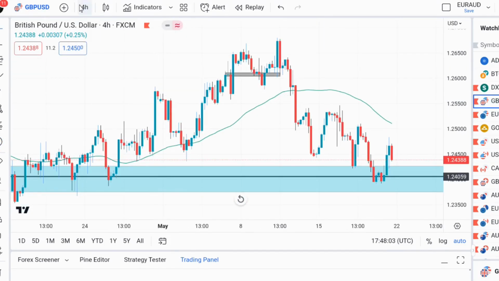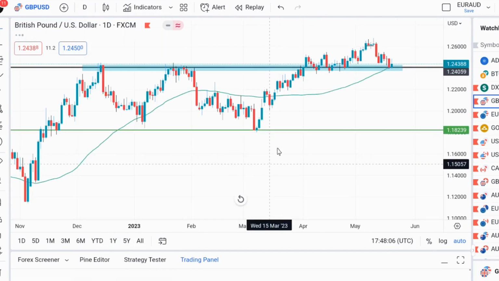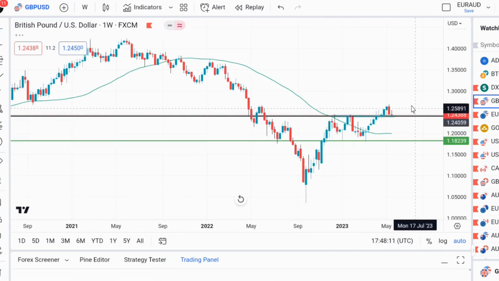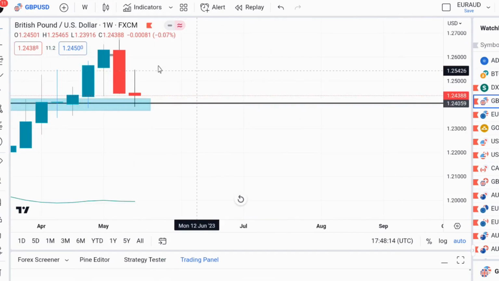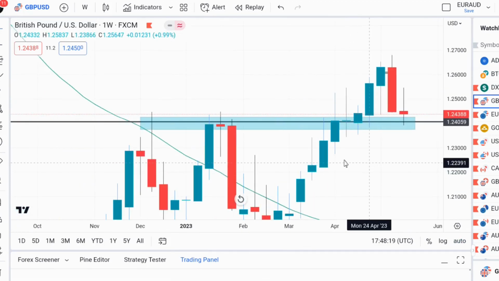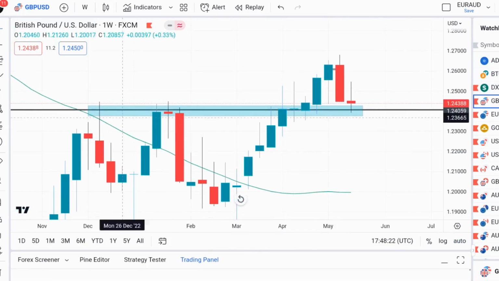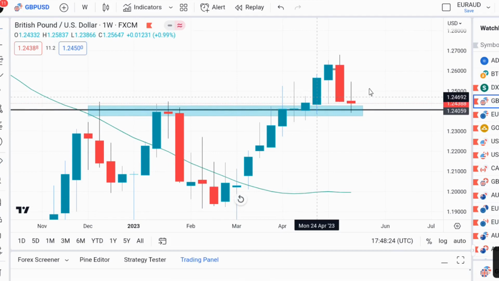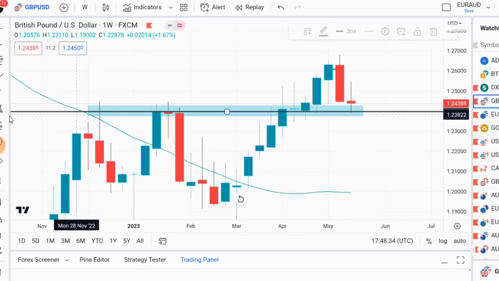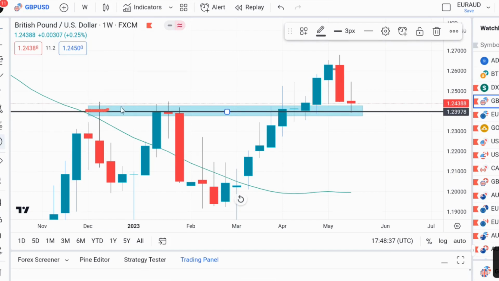If you check GBP USD, check the weekly time frame. As you can see, in a weekly time frame, it closes as a reversal pattern, as a reversal candlestick, a doji candlestick right there, which means a reversal at this particular area. And then another thing I want you to know is that this is a solid resistance which now turns to support right there. This is a resistance level.